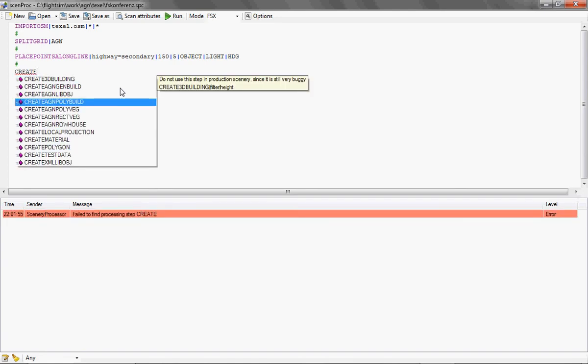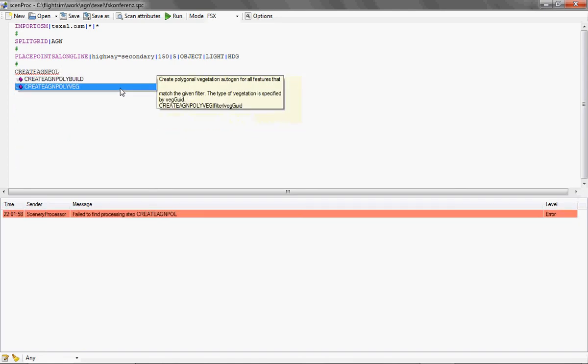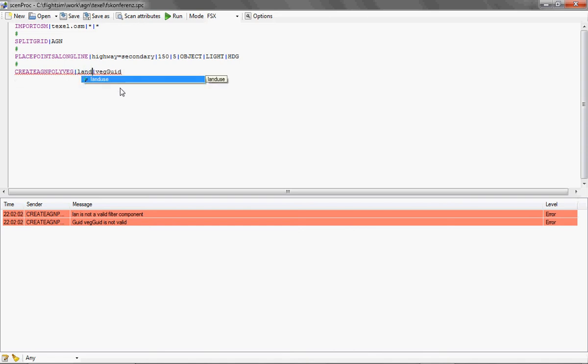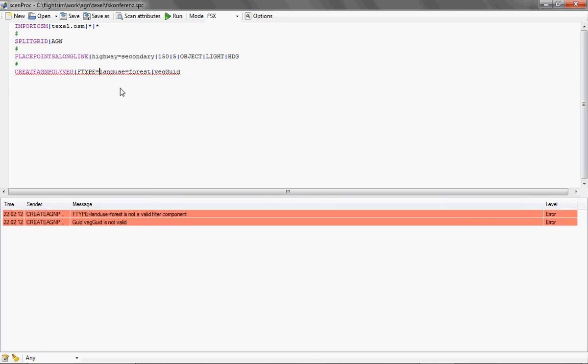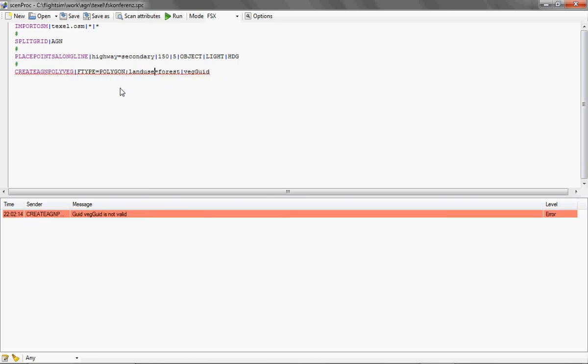So the first thing we'll do is create Autogen polygonal vegetation. And then we'll use all objects that are land use is forest. And we want feature type is polygon, so we want all polygons that are forest, and those we need to give a certain type of vegetation. That's defined by GUID, like a unique identifier, but there are configuration files with Flight Simulator that actually define what kind of trees are used in. And you could type that GUID, which is a 32 character hexadecimal number,